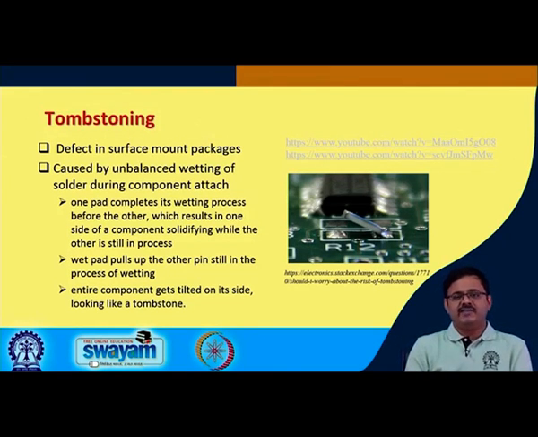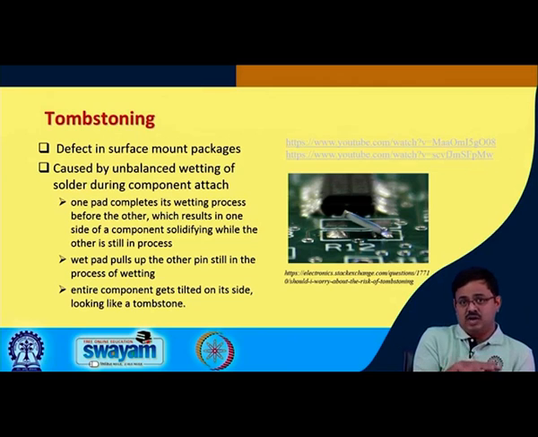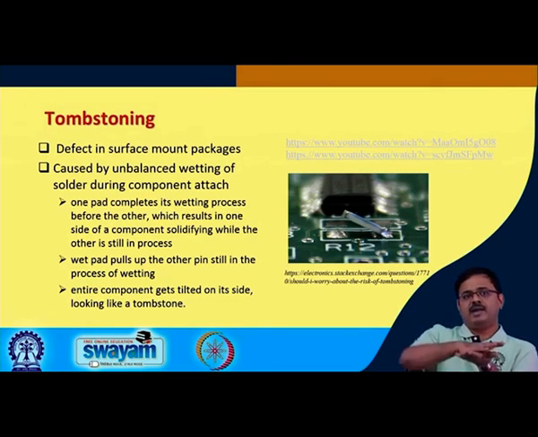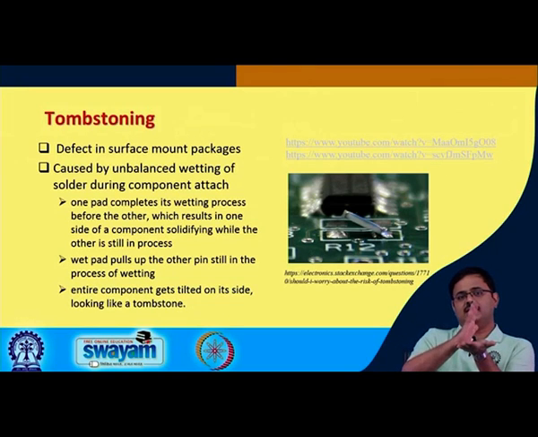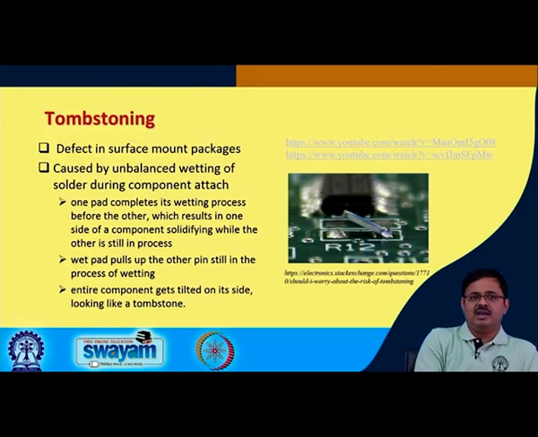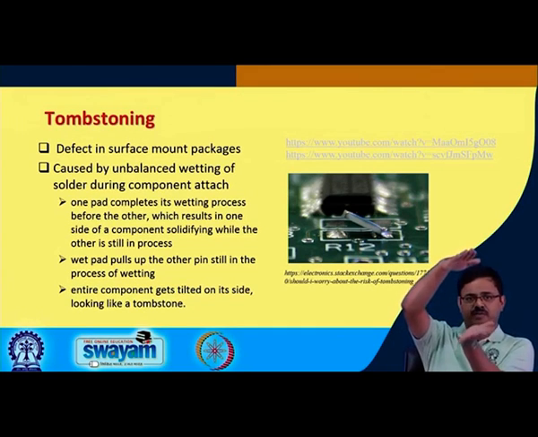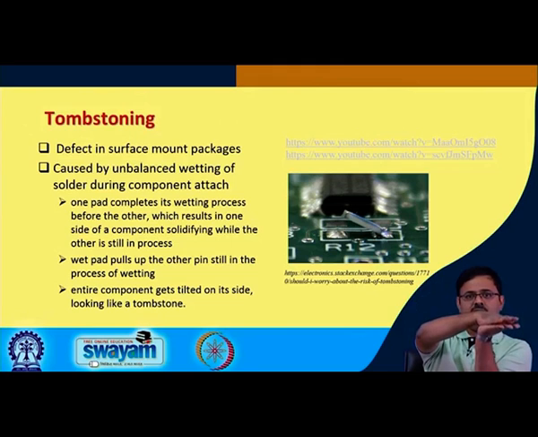So, now let us say because of whatever reason, certain defects, one pad completes its wetting process before the other. So, therefore, one side solidifies earlier while the other is still in process. So, the wet pad therefore pulls up the other pin that is still in the process of wetting, and this results in the component, instead of being straight on the board, detaching at one end and lifting up, and in the worst case it can become vertical,